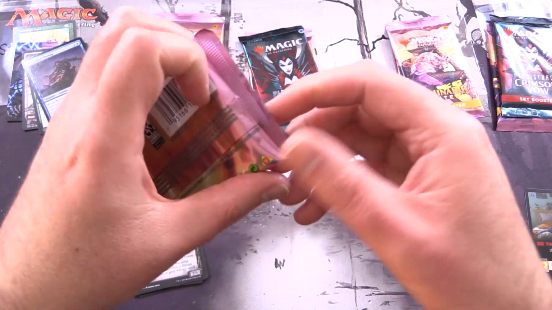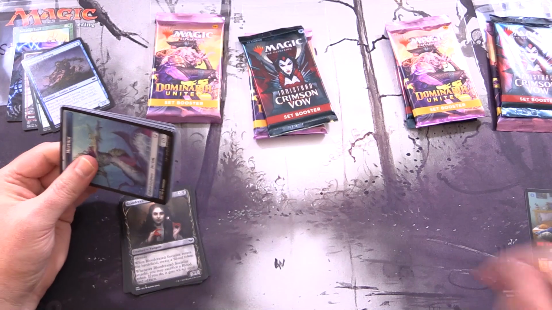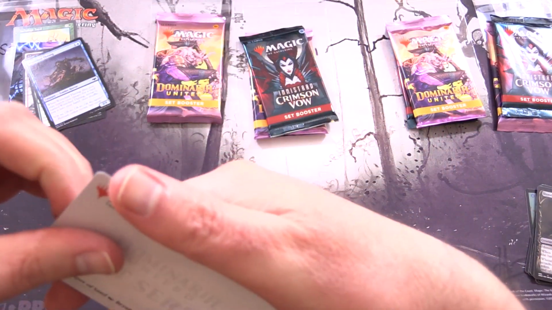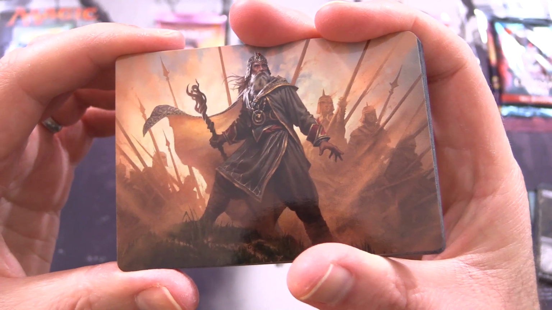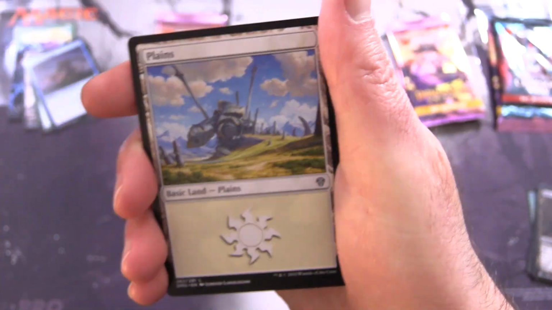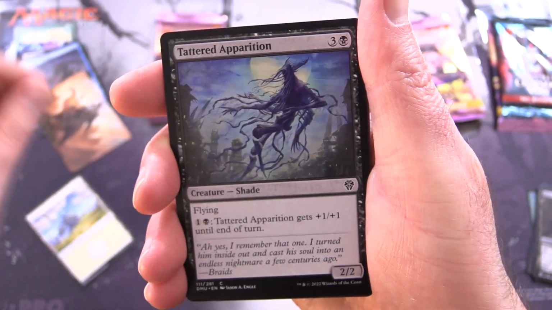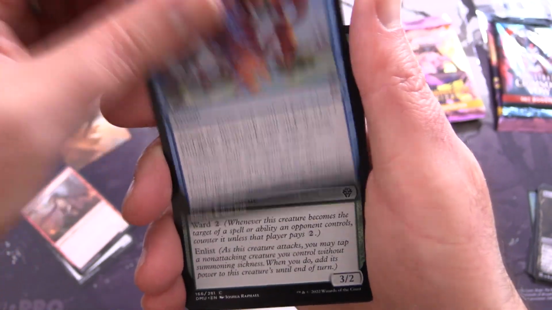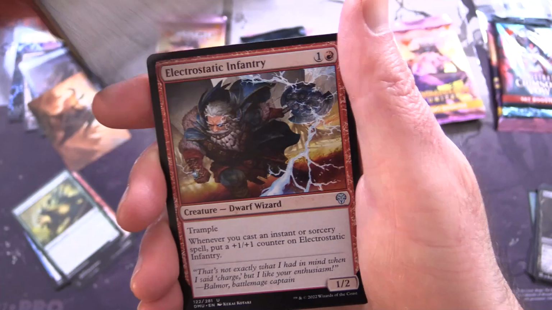Okay, a little bit disappointing there, Crimson Vow, but I would expect nothing less. Okay, Dominaria United, we have Hazoret, Shaper of Sand. So I think this is one of the commander cards. Awesome. Along with a Plains, Tattered Apparition, Flowstone Kavu, Shore Up, Hexbane Tortoise, Naja the Stormrunner, so I'll chuck in